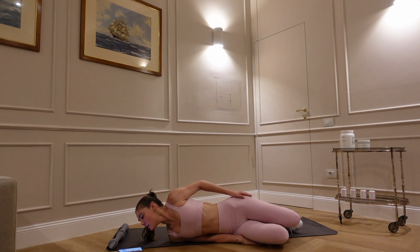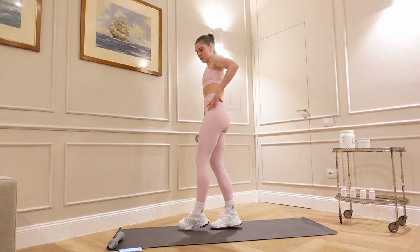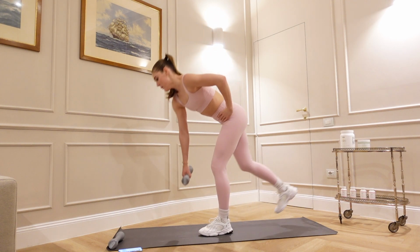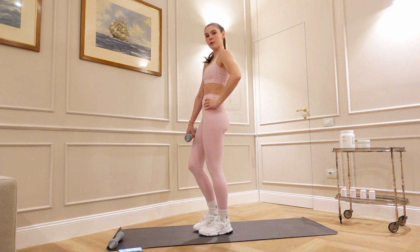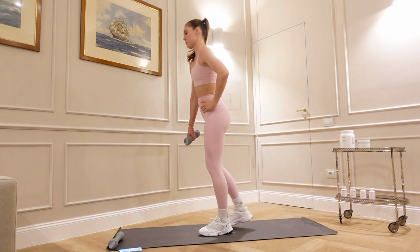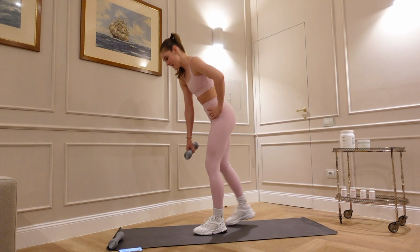Awesome. Into our single leg weighted RDLs. One of my favorite moves. All of these exercises are from my 10 years of figuring out the best routines. So it's a combination of all of my favorite things that I've learned over the years. 10, 9, 8, 7, 6, really stretch it. 5, 4, 3, 2,